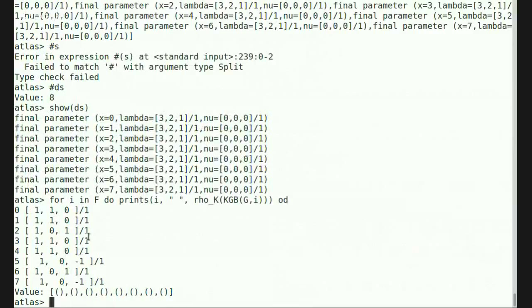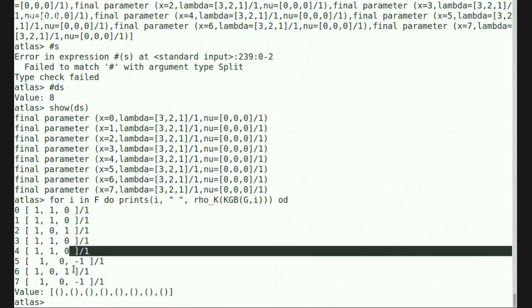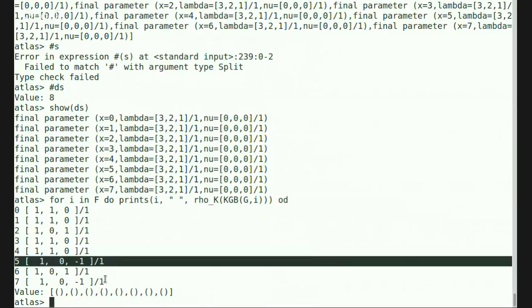Okay, so I look down this list and I see that 1, 1 isn't what I want, nor is 1, 0, 1. Right here is what I want. Actually, there's 2 choices, but let's take 5. This is the row that I prefer, the rho k that I prefer. So that tells me I should say that xb is KGB element